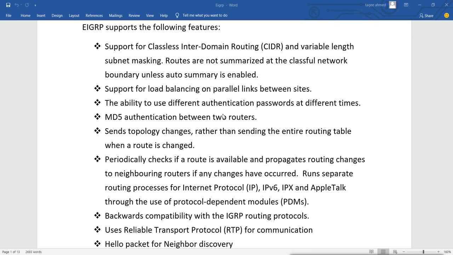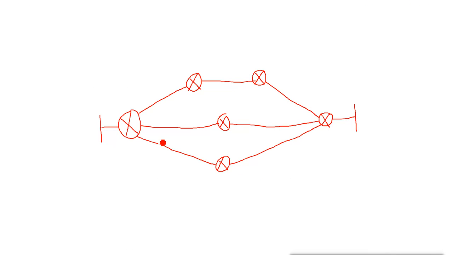And even if we use OSPF, if OSPF finds that two paths have the same cost, then again OSPF will use both paths, and do load balancing. But here what does EIGRP do? It can do load balancing on unequal paths also. Unequal paths. For example, we are on this router and we want to go to this network. So we have three paths here. This one, this one, this one.